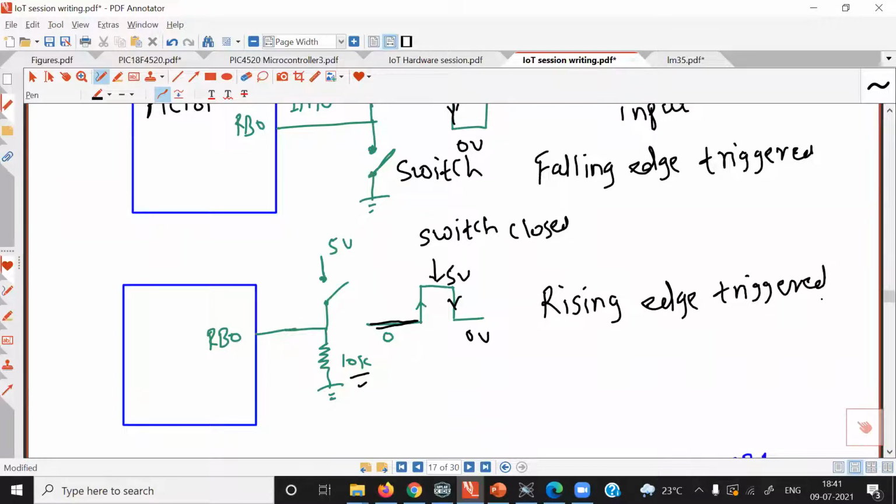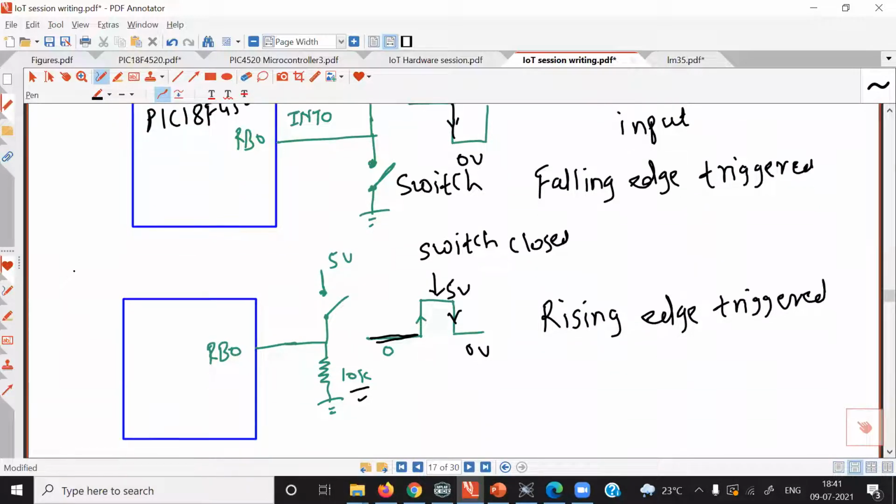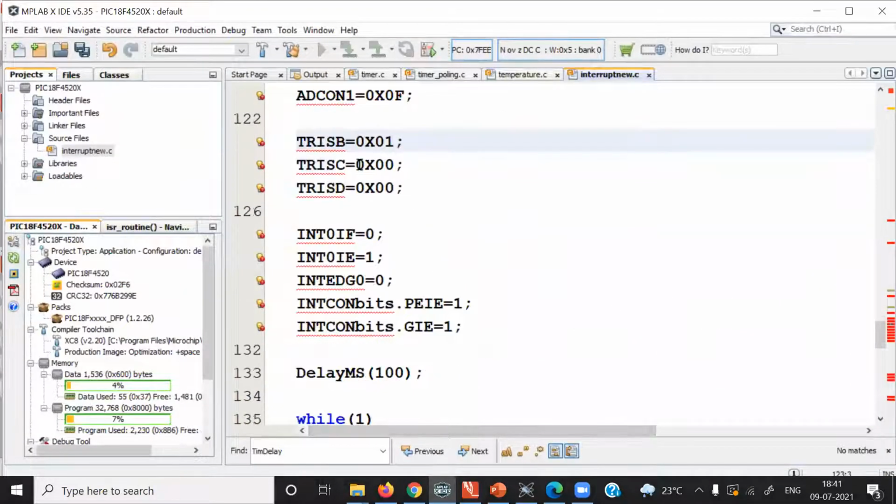So if you interface a key to this port pin, we can detect whether the key is pressed or not with the help of interrupt. With the help of the polling method also we can check. But as the topic is on interrupts, I will not discuss the polling method. I am displaying data on the LCD display, whether the interrupt is triggered or not.